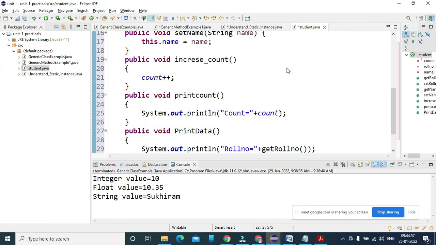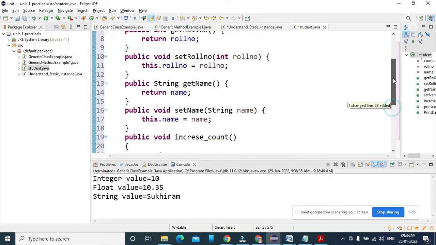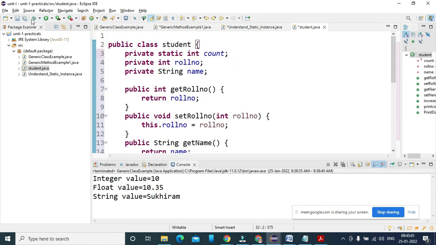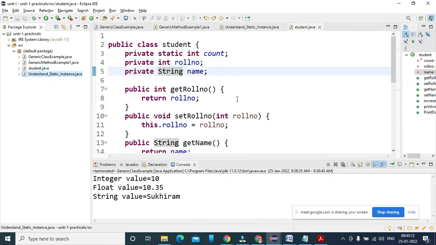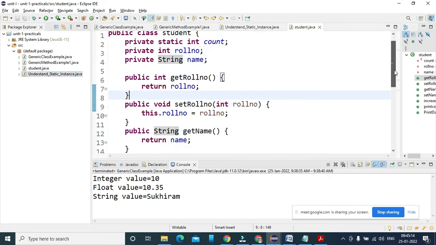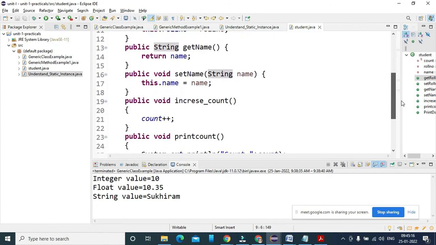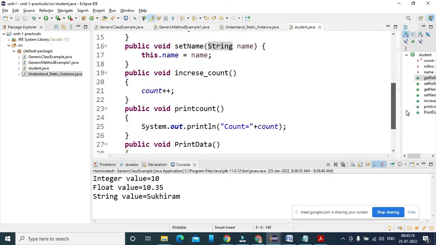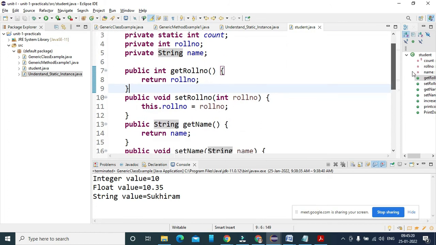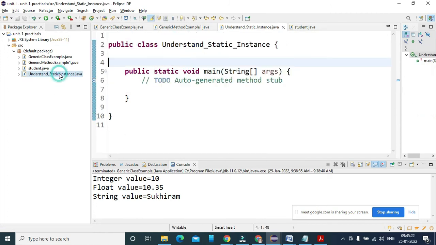तो यहाँ पे मैंने ऑब्जेक्ट क्रिएट किया है, saving it. So we want to create the object. One is static, okay, and two are instance variables. So it's supposed to use increase and decrease count, और यहाँ पे मैं I'm going to create the student object here.